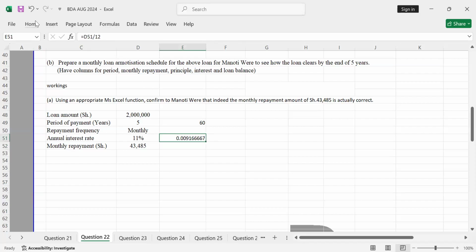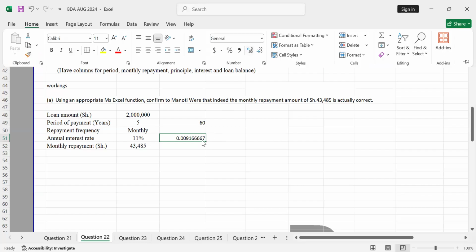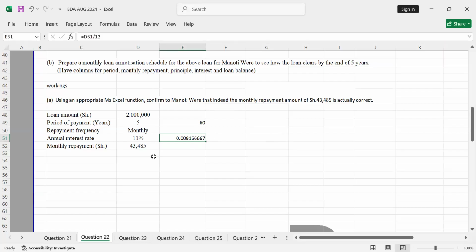The interest rate, which in this case I can just reduce the decimal place, or you can just have it as it is. No problem. That is our interest rate. If you take this and divide by 12, you get the monthly interest rate. So then we have the monthly installment. This is the installment payment, the annuity, the equal amount that you pay each period until you finish up the loan. So we want to confirm whether this is correct or not correct.